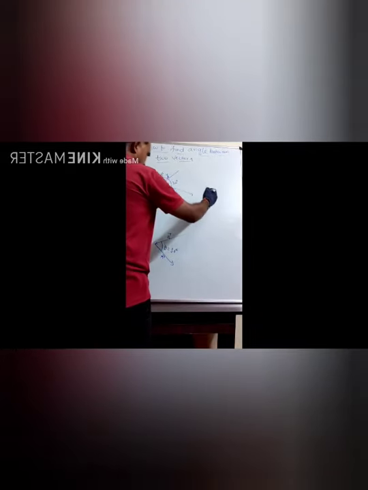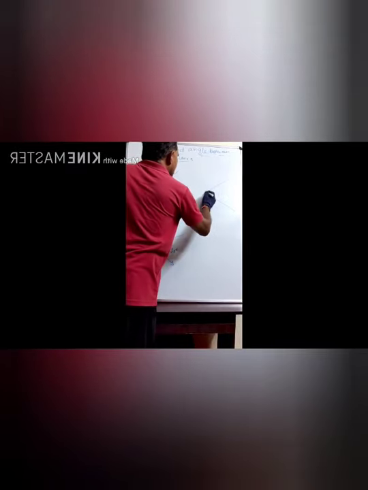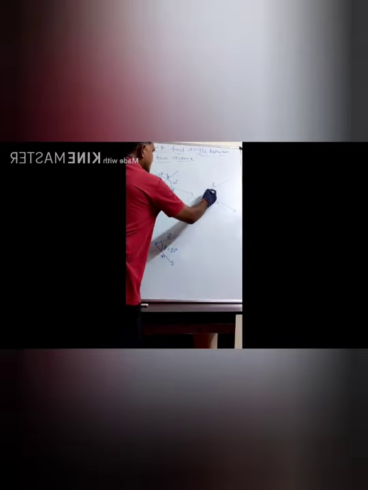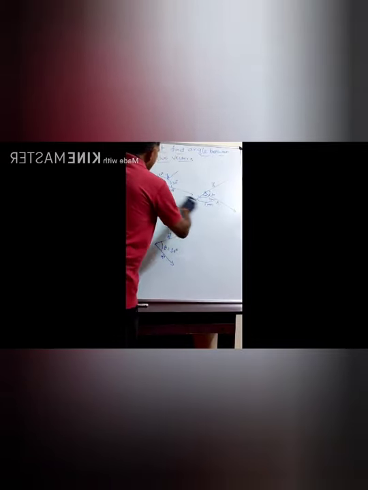In the same context, if I shift the B bar vector, I draw the same diagram. This is B bar and this is A bar. Now I am shifting the B bar. This is 30 degrees, and now the tails coincide. So the angle between A bar and B bar is again, total 180, so it becomes 150 degrees. In both conditions we got the same angle. This is the way we find the angle between two vectors.